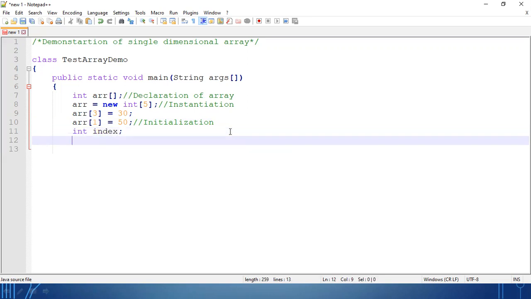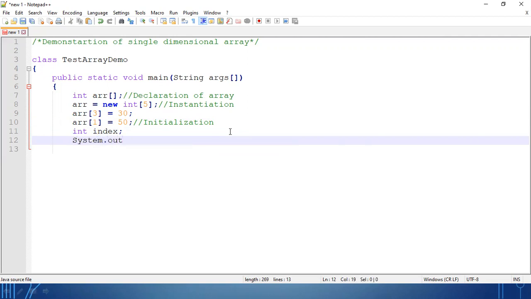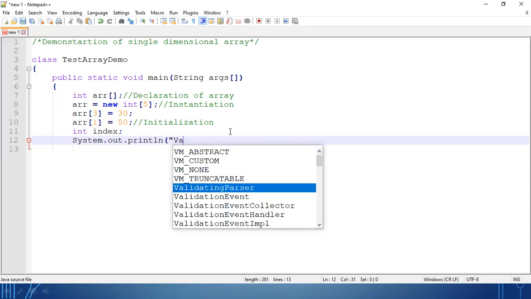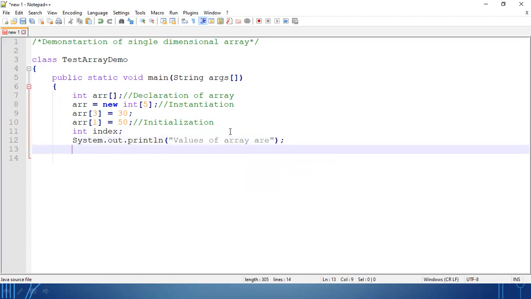Okay, so we'll display the values, System.out.println, values of array are. Okay.